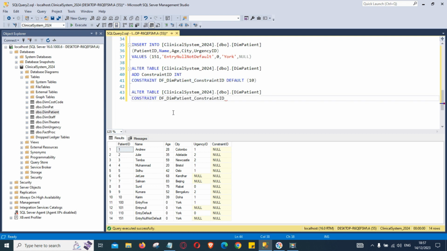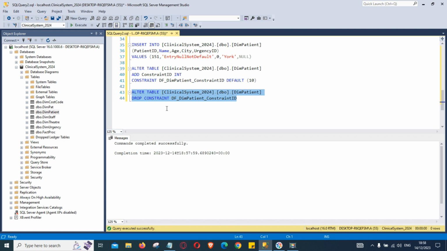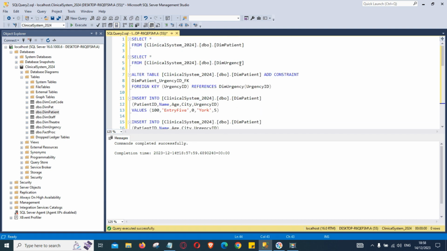Put it there. And because we added the constraint ID before, this time we are going to drop constraint df underscore dim patient underscore constraint ID. And if we execute this, and let's see,